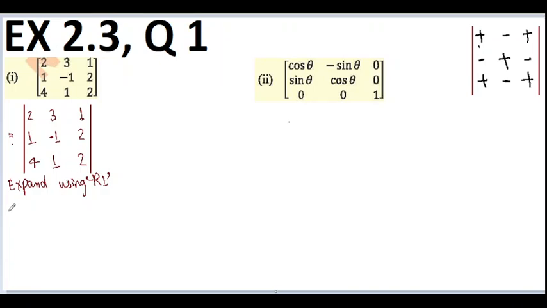First of all, we write it as we are using row 1. For row 1, we have seen it is positive, negative, positive, so we are going to use it. So 2 is positive, then there is a negative 3, minus 3, and then there is a positive 1, so plus 1. Now we are going to use some smaller determinants like the ones I have drawn.